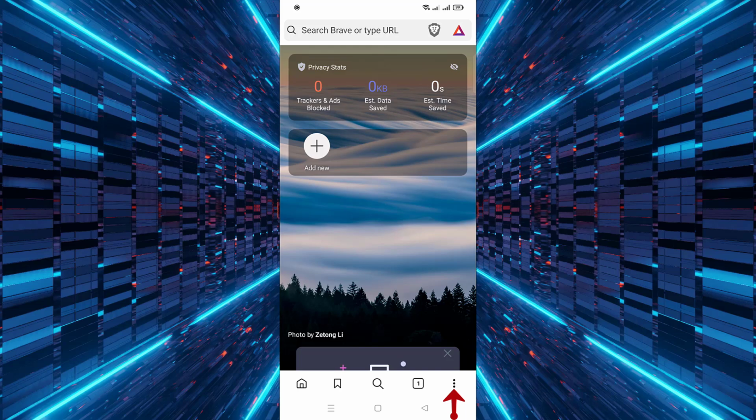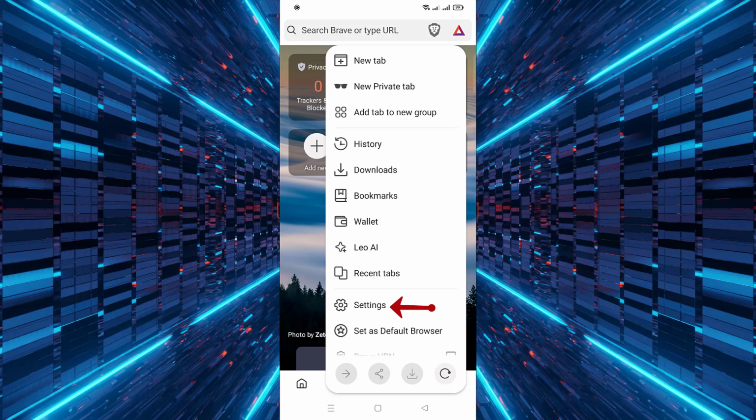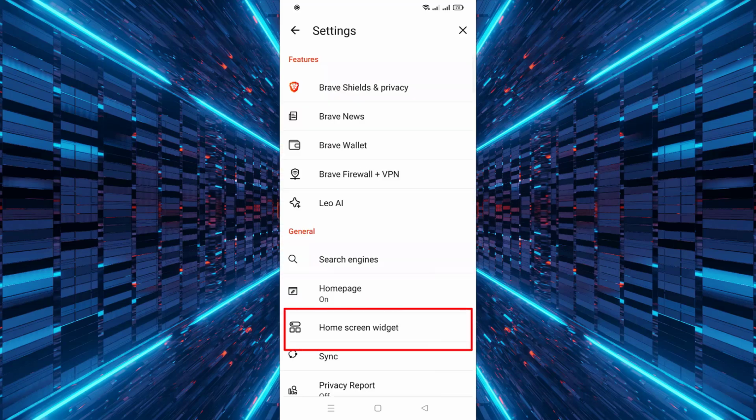Next, look at the bottom right corner and tap on the three dots menu. Then, tap on Settings from the list that appears. After that, scroll through the settings options until you locate Home Screen Widget and tap on that to enter the